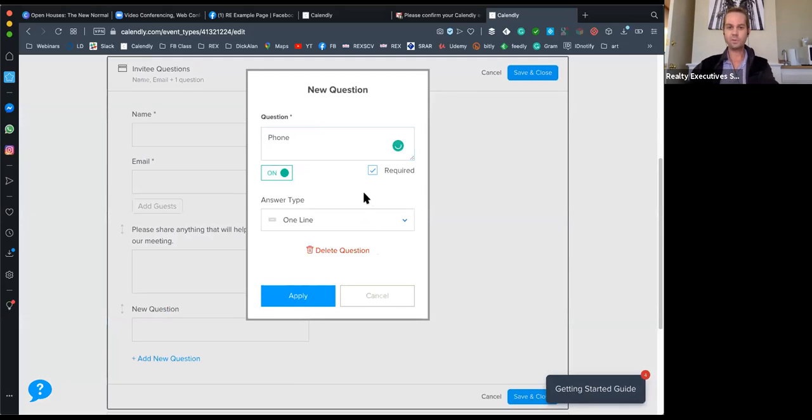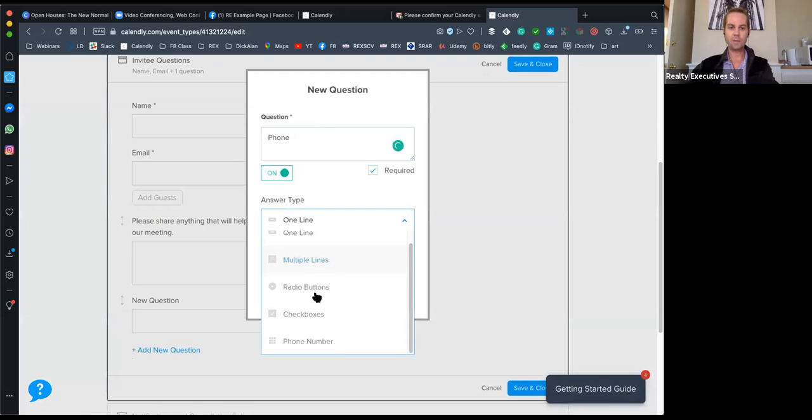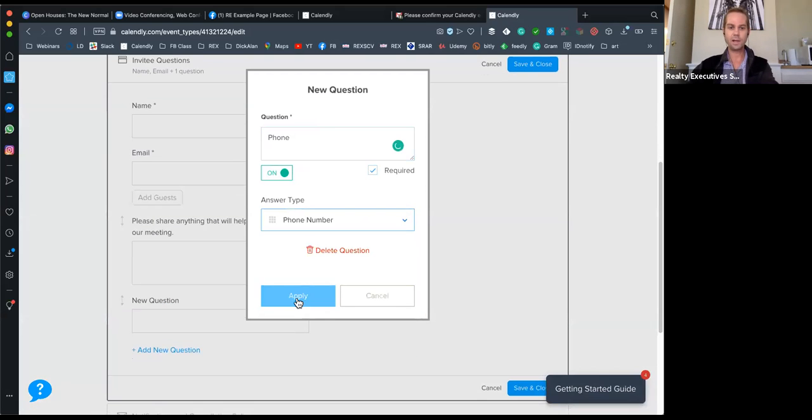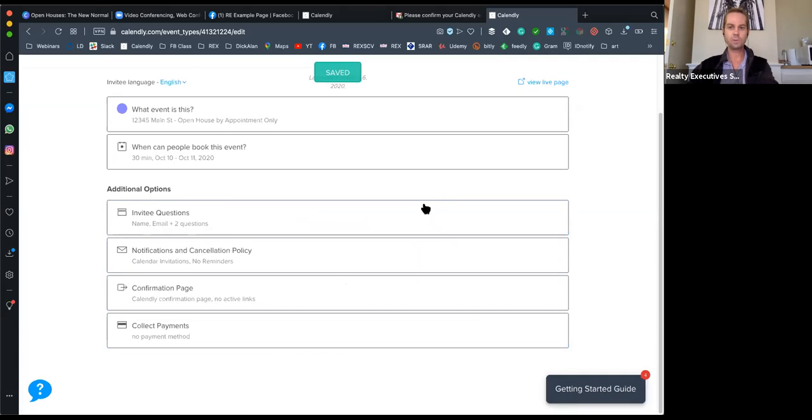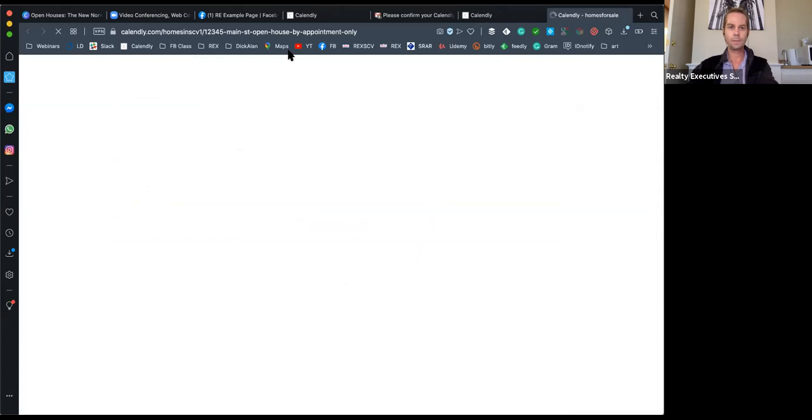make that required if you want. And then in this drop down, we're going to select phone number and then apply. You see these little arrows. We can drag this up right below email. And then you can go ahead and click save. So now our questions will, if we take a look at this page live, which just could be our URL as well,